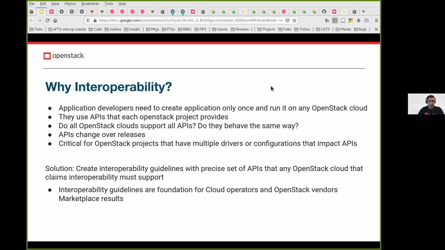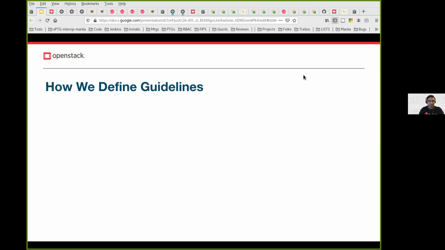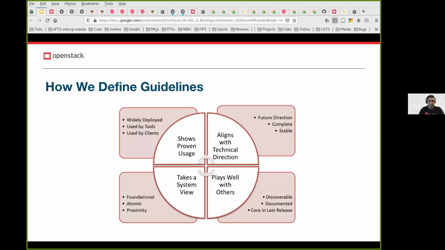And I briefly mentioned these guidelines. These are really tests, and the committee, the working group, worked with the community to create these guidelines, and you can see the criteria to actually be designated an interoperability level with other OpenStack components. So just to show real quick,